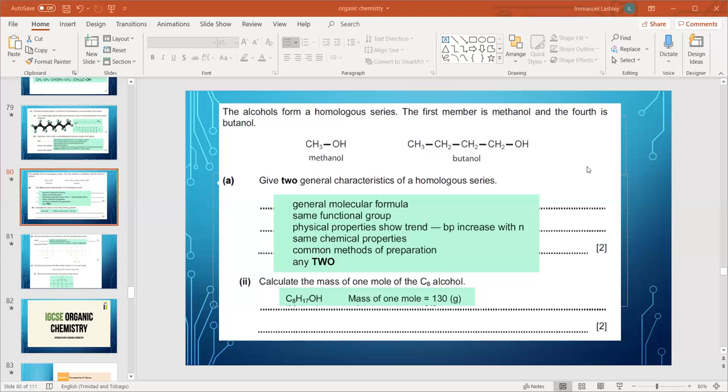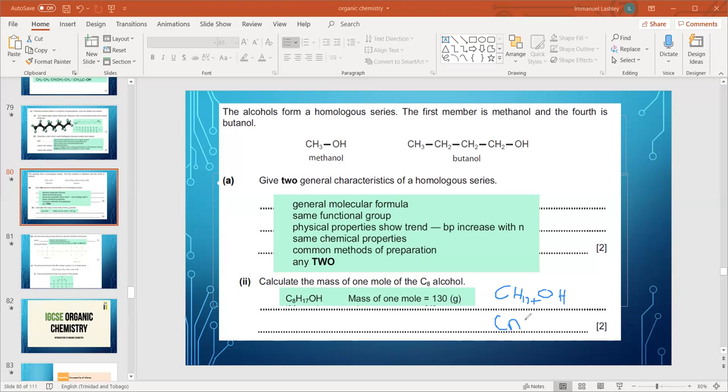So if we want to calculate the mass of 1 mole of an alcohol, the alcohol has 8 carbons, so I'll have C8 times 17 hydrogens, plus OH. And it comes from the general formula